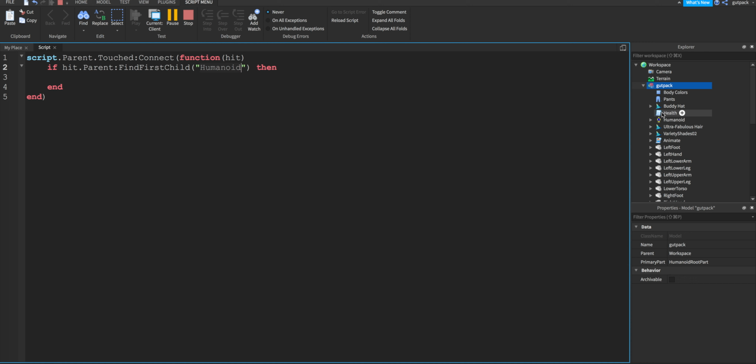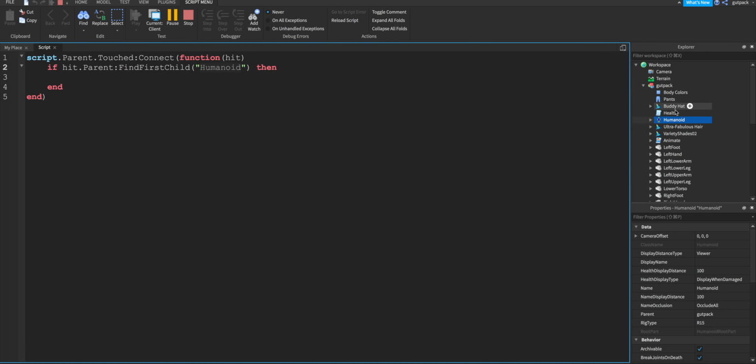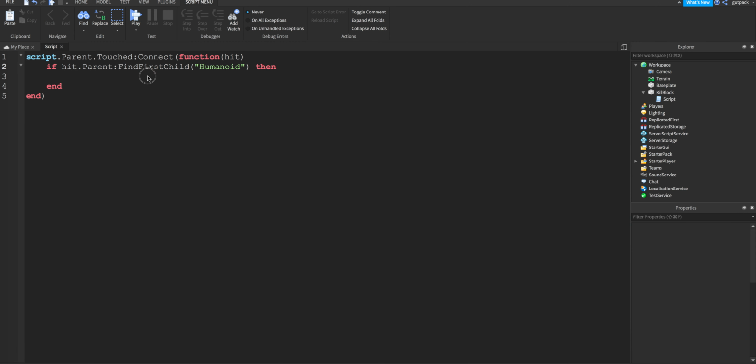The script will not keep running until it finds it. It's going to wait for the humanoid object to load into the game. So we know it's a humanoid, so we know it's a player. We were just checking if it's a player, because a player has a humanoid in it. So we're going to wait for this, and then once it's loaded into the game, pretty much you want to say,